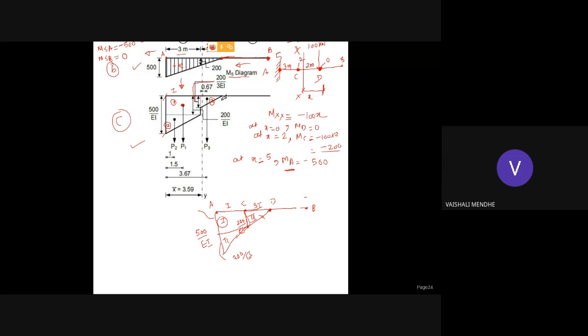थर्ड रेक्टेंगल के लिए जो विड्थ रहेगी वो रहेगी 200 बाय 3 EI। टोटल 500 बाय EI है। तो इसका रेक्टेंगल ये 200 बाय EI है। यू कैन सी हियर, दिस इज 200 बाय EI। टोटल इज 500 बाय EI, यानी बचा हुआ जो विड्थ रहेगा वो रहेगा 300 बाय EI।